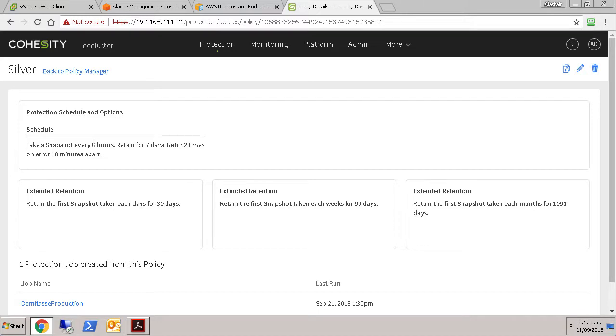So we take a snapshot every 6 hours and retain for 7 days, but we also retain 1 snapshot a day for the last month, 1 snapshot a week for the last 90 days, and monthly snapshots for the next 3 years. Okay, so we've got some retention. Those snapshots are what we can retain